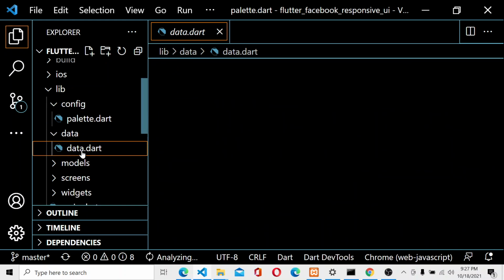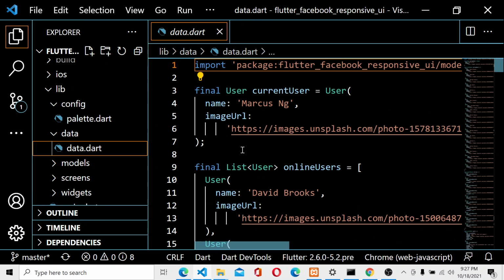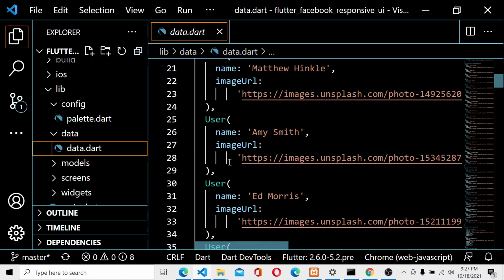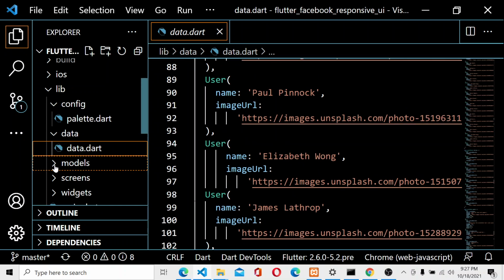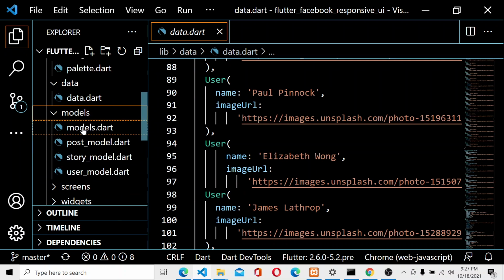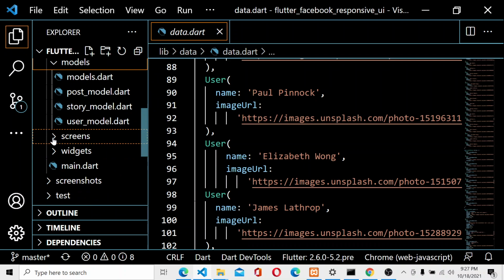Then the data part contains pre-made data values that can be inserted. Then come the models: post model, story model, and user model, which define the structure of how the post, story, and user details will appear.